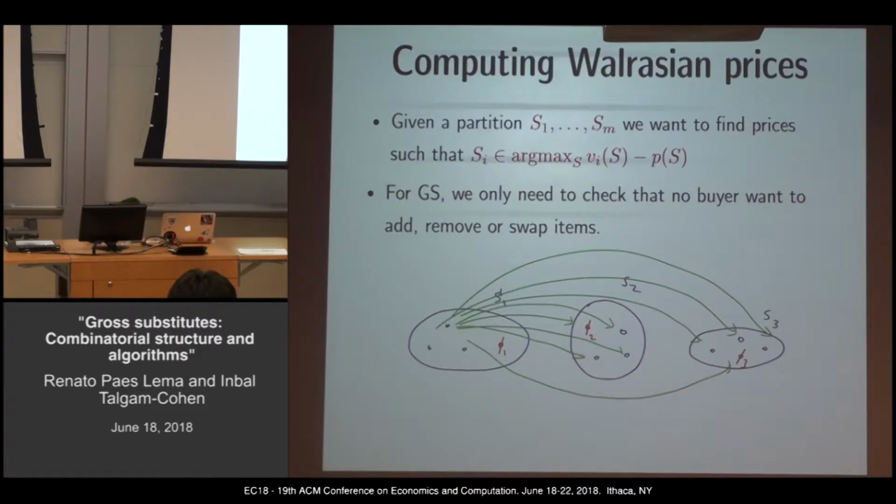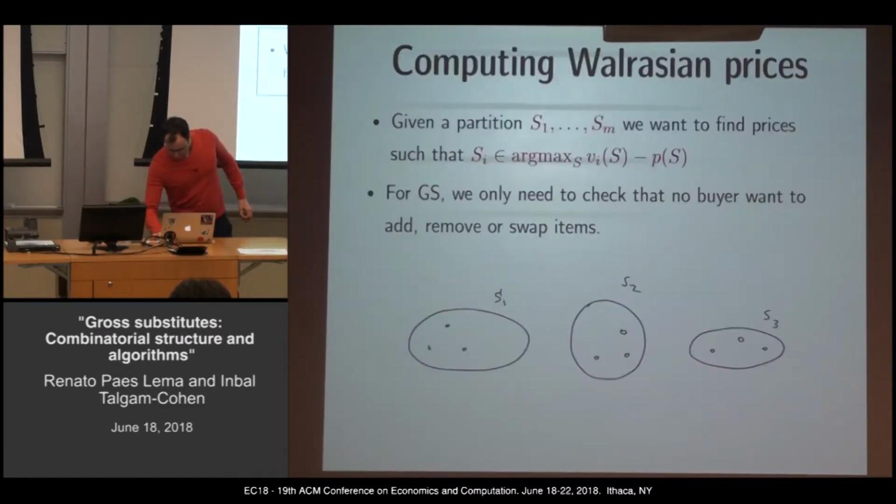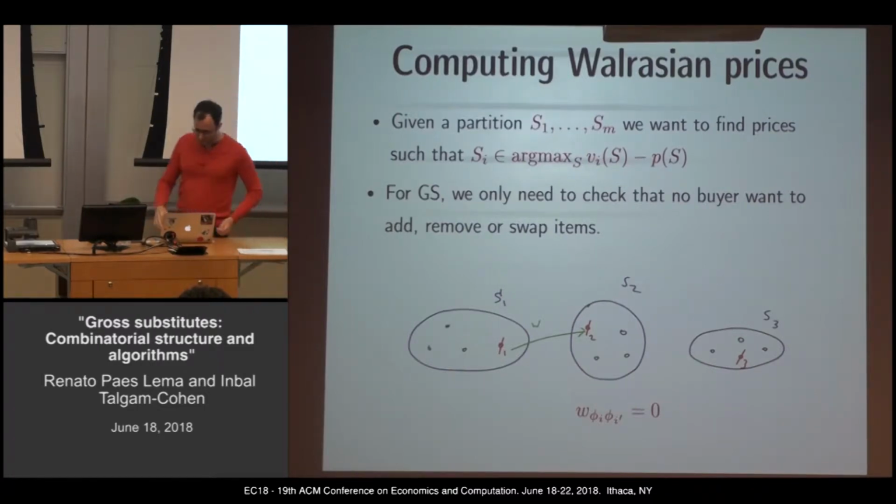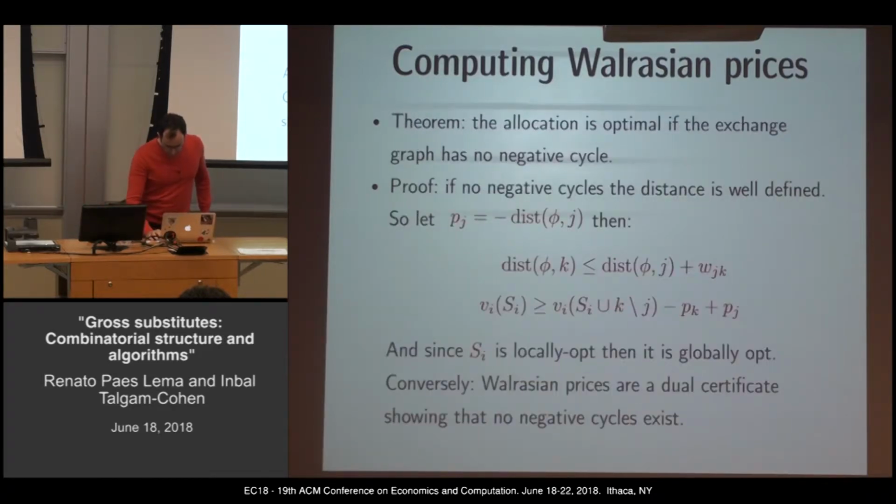So one thing to note is that all the phi's are connected to each other by edges of weight 0. All the phi's are connected to each other by edges of length 0. So all the phi's are pretty much the same node, right? I can imagine they're the same node, there's distance 0 from every phi to every phi. So I can ask what's the distance from phi to every other node. Okay, so that's the distance function.